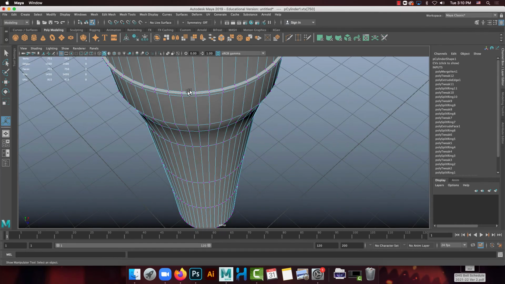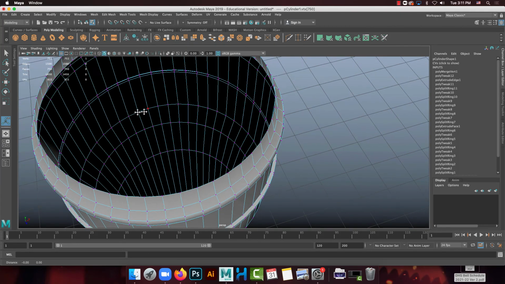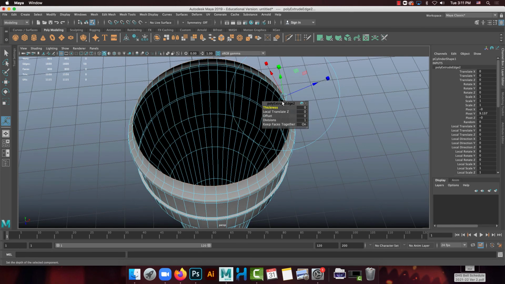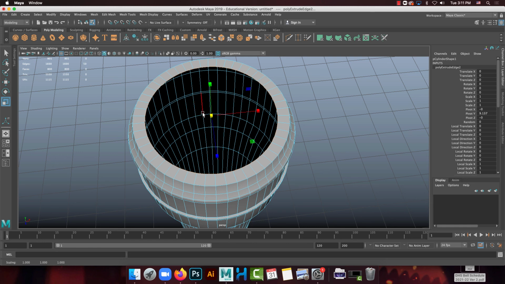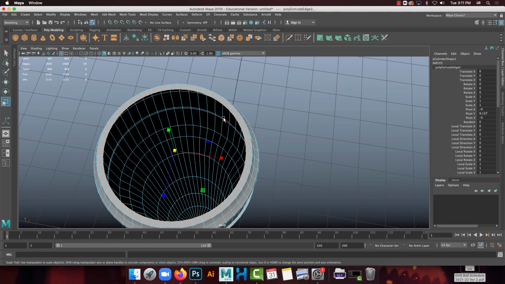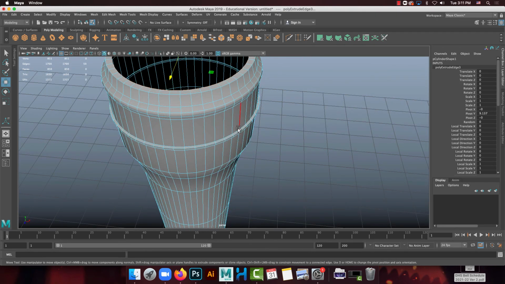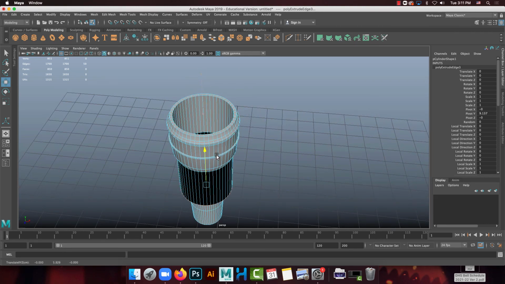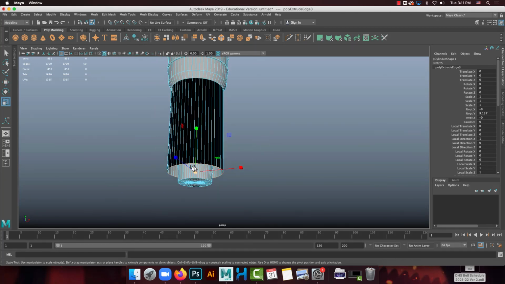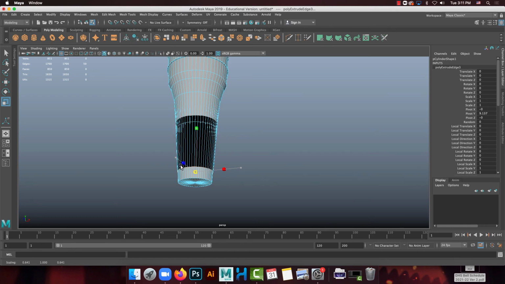The top one can be slightly more complicated depending on the shape of the top of your vase, but in general, it's about as simple as extrude once, and you're going to create a small lip. I've hit extrude. I'm going to press R for the regular scale tool, not the extrude local manipulator scale. I'll bring this in slightly, just to create a small lip here at the top. Okay, great. Then I'm going to press G for repeat last because I just extruded. I'll switch to my regular move tool with W and move it down, and you're probably like, okay, Mr. Meyer, you just pulled it through itself. Then I just scale this in now, so it's inside the object,